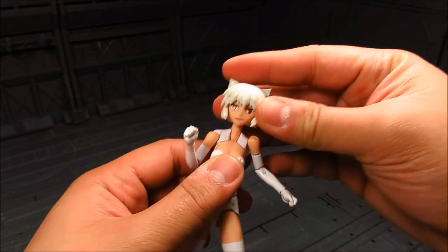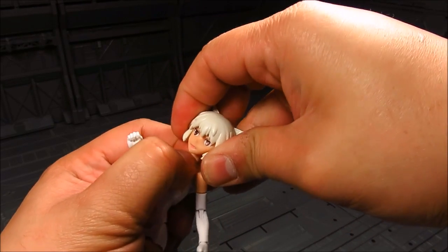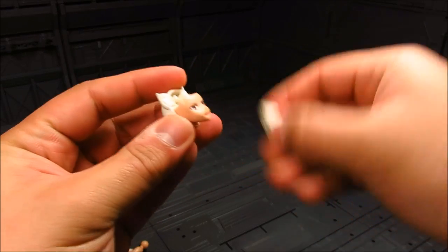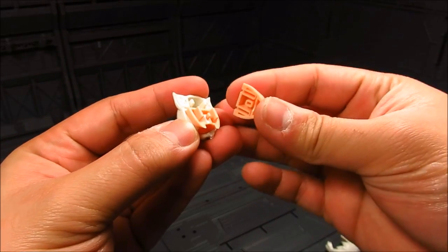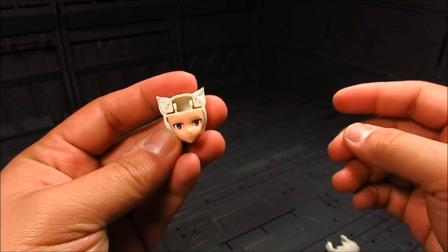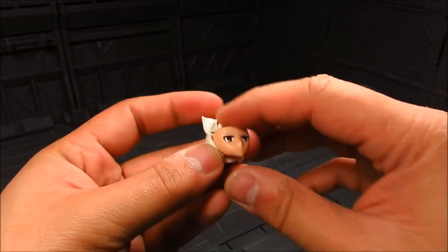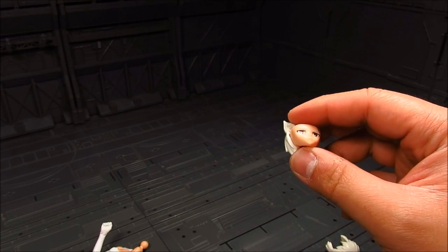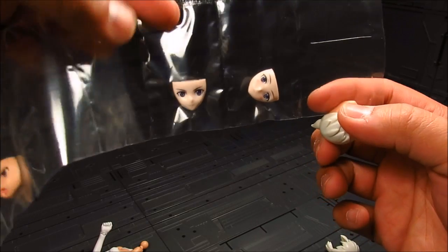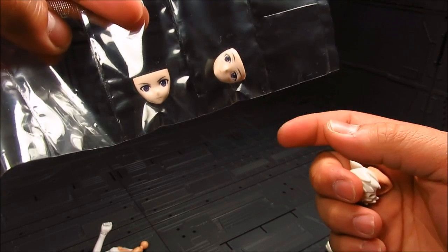Alright, so let's start with the head here. To swap out the face, let's see here. Pop out this, there we go. Take this out. We have this particular face as well. It's kind of like the serious look. Otherwise, there's the shouting one right here, and I think it's a bit different than the other one, because we got